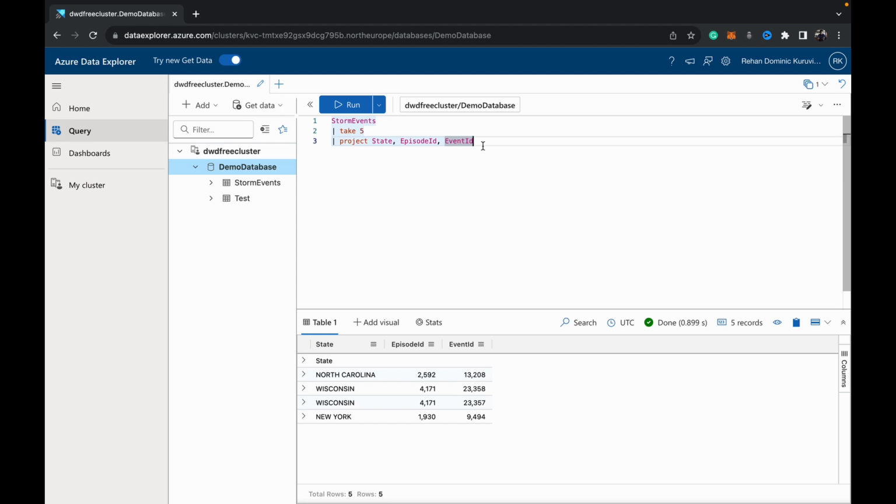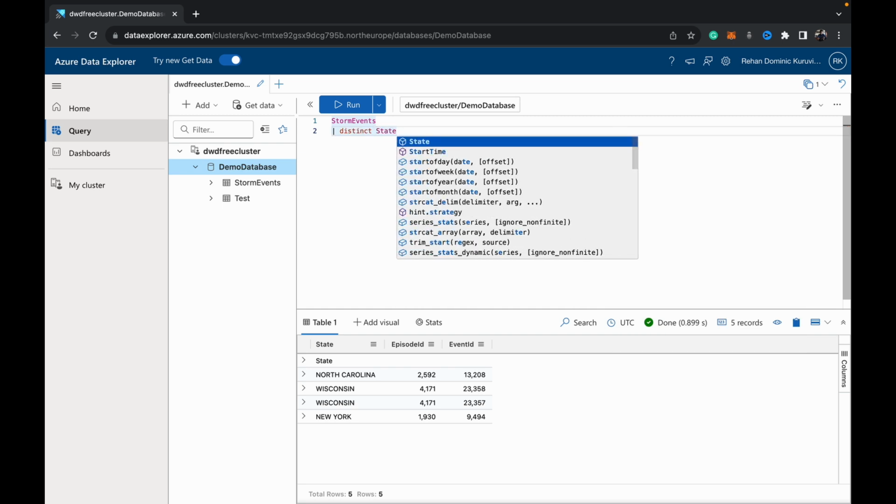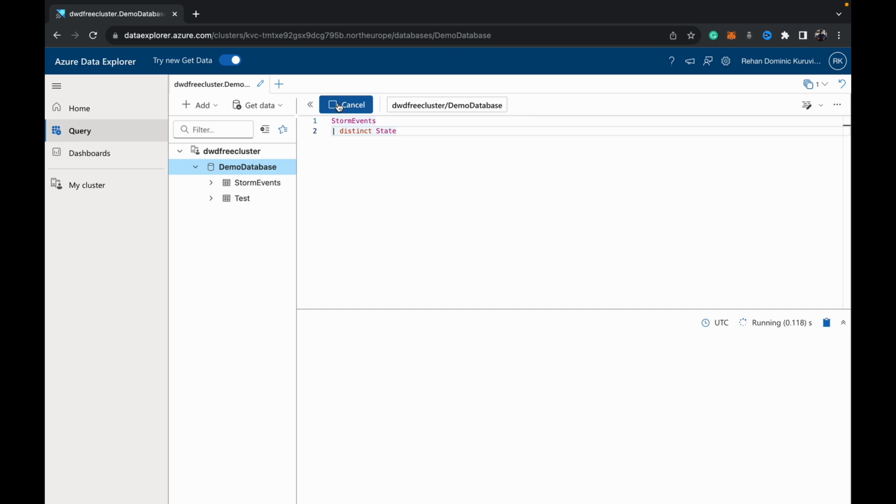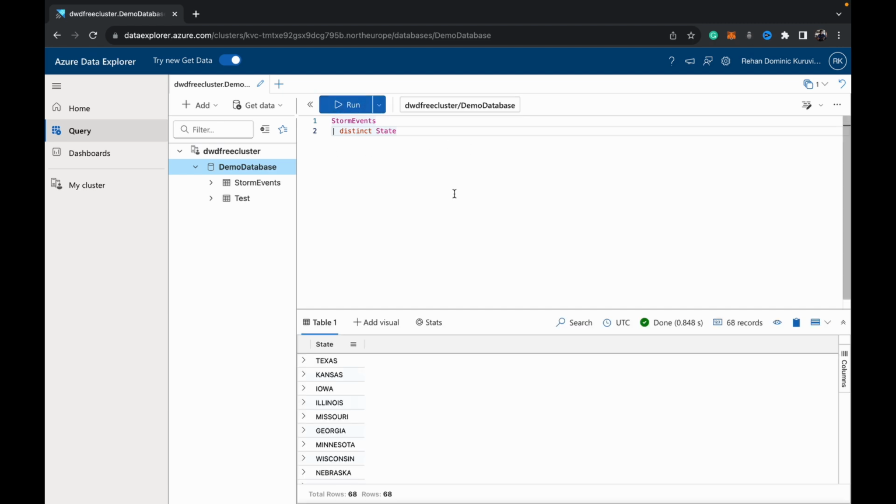All right. So what that does is it basically allows us to look at the unique values in a particular column, right? So we're very used to this. If you know SQL, you know the select distinct. Similarly, it's the same operator in KQL. We just use distinct, and we specify the row that we want. So suppose I want to see the distinct or the unique states which have data within this particular table. I can just hit storm events pipe distinct state, and it gives you a list of all the distinct states